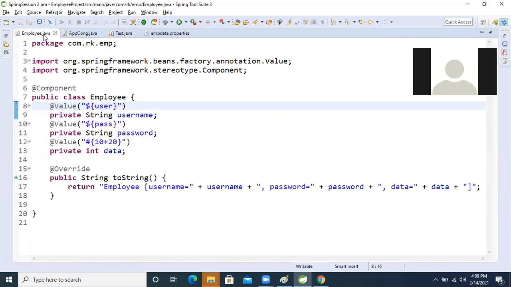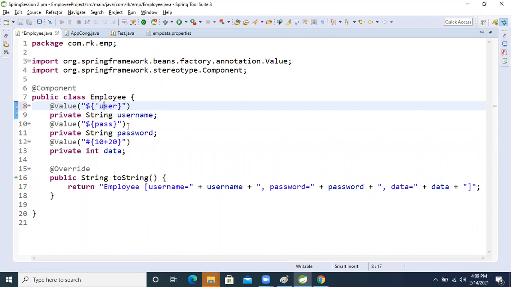I want Pankaj in capital letters, right? So what will we do now? We will take this user like this. Okay, 1 minute. Now dot toUpperCase, right? Uppercase method is there in the String class. We will apply it. Now run this application and see that.